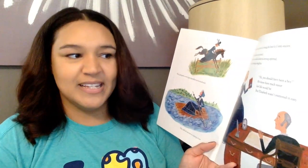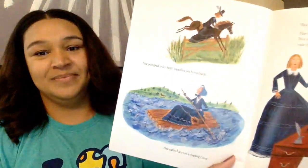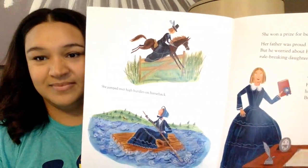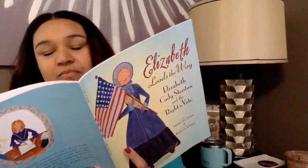He knew how much easier her life would be. But Elizabeth wasn't interested in easy. At 16, since colleges would not let girls in, Elizabeth begged her father to send her to a girls' school